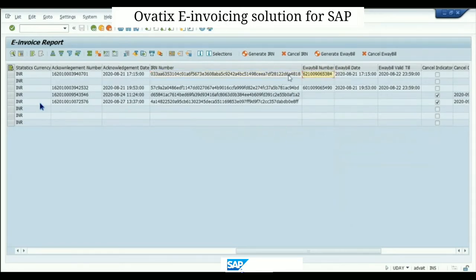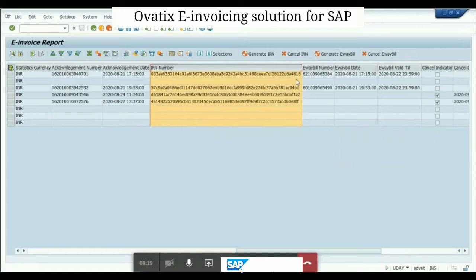In your existing printout, wherever you say, okay, I have space in the top right corner, you place a QR code there. We will do that. We'll keep a QR code there, and if you say, I want the IRN number here in the invoice, we will put that also. So IRN number and QR code we will enable in your existing invoice formats.